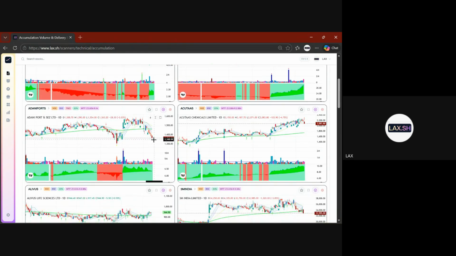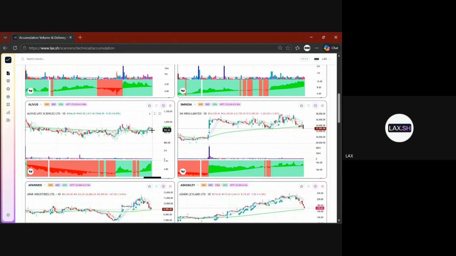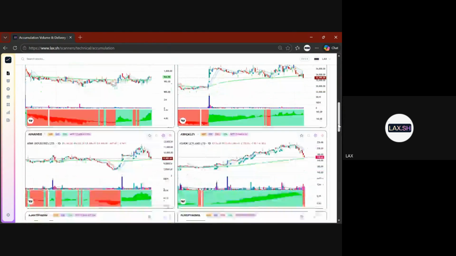For example, this one is being accumulated, right? But you'll have to wait for some reversal, right? So just watch it, put it in the watch list. Again, this is also being accumulated, and this is also being accumulated. But now the difference is this is a pharma company. And if you have already studied, pharma is a really defensive sector. It is already doing better than other sectors. So this actually takes precedence over other stocks, based on the chart, based on what has happened, based on the theme it is part of, right?